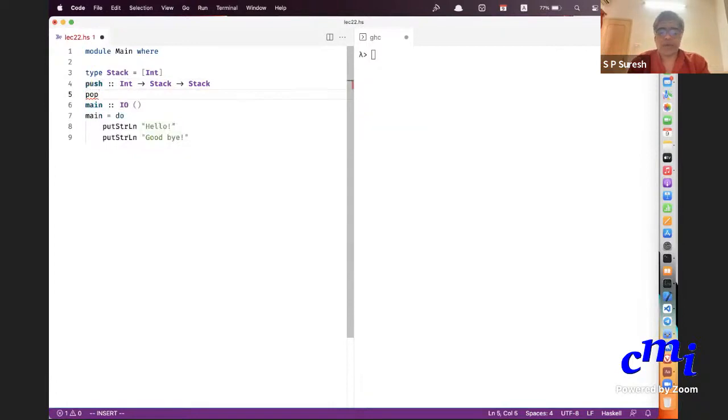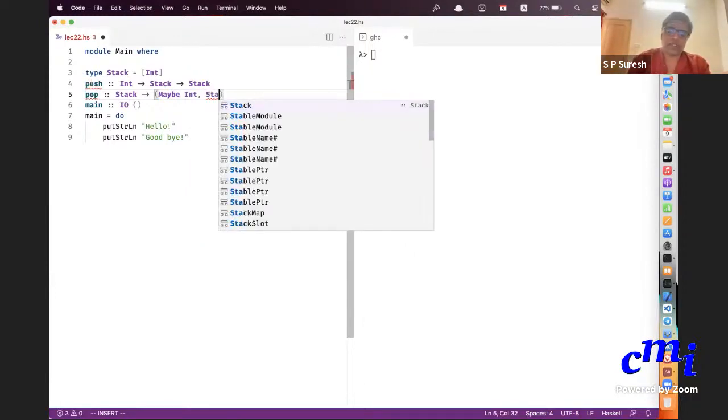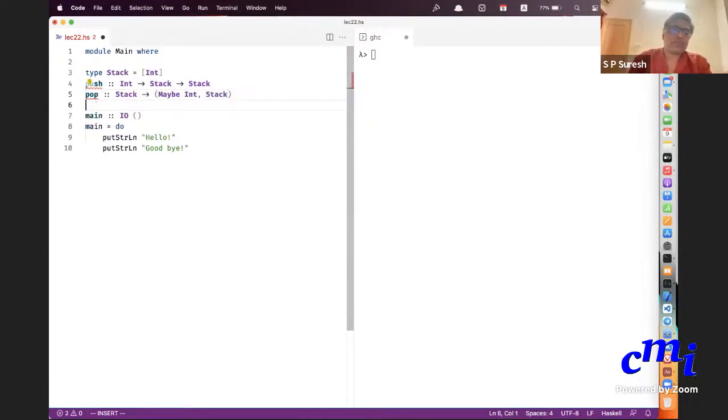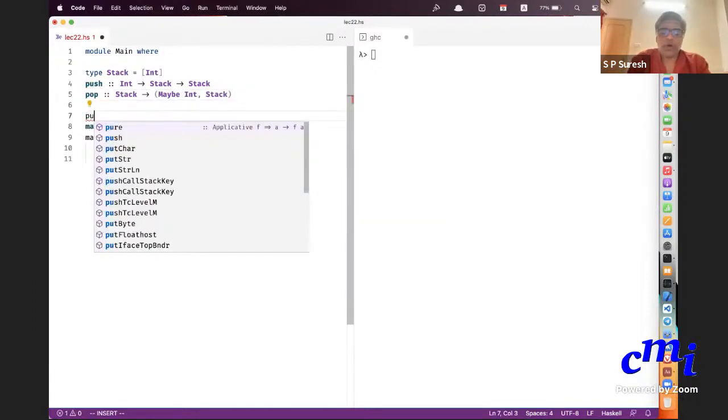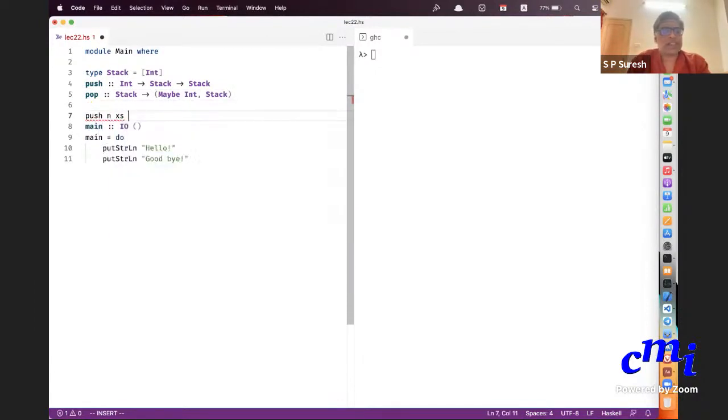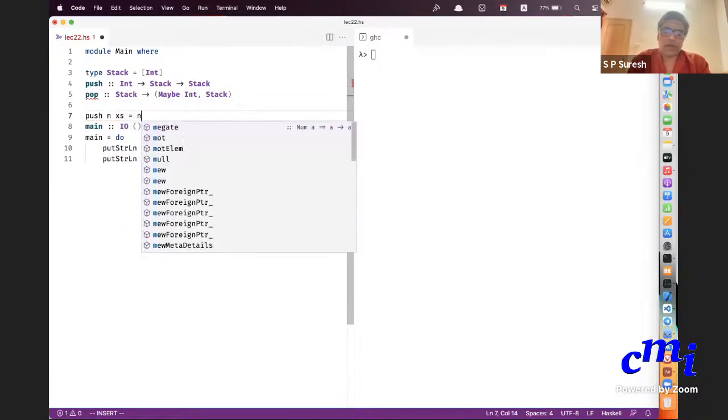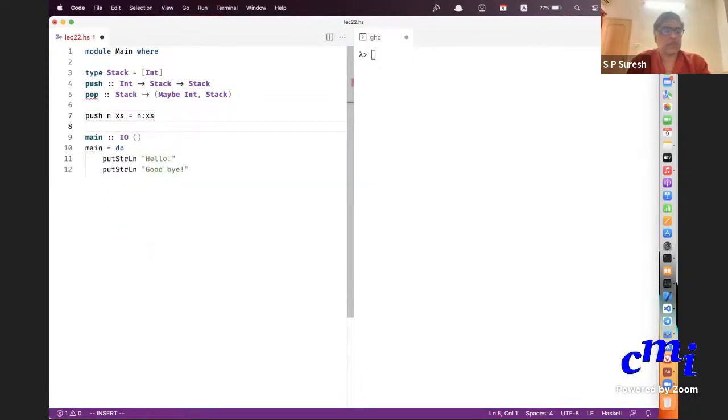Pop is of type, let's say, Stack arrow. When I actually program in the slides, I'm a little more permissive, but when I actually program, just so that you have practice, I'll have this Maybe kind of thing, Maybe Stack. For push, push of n xs is nothing but n colon xs.